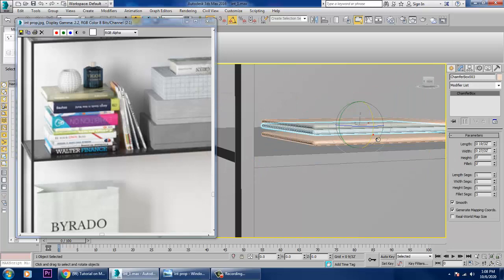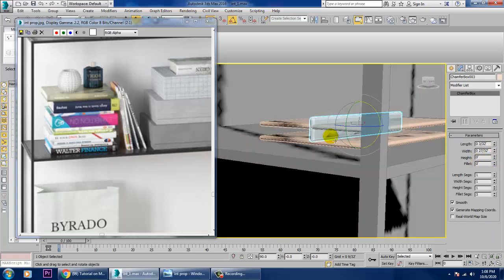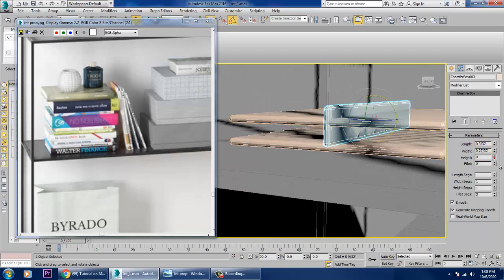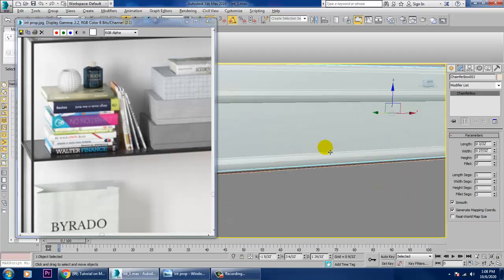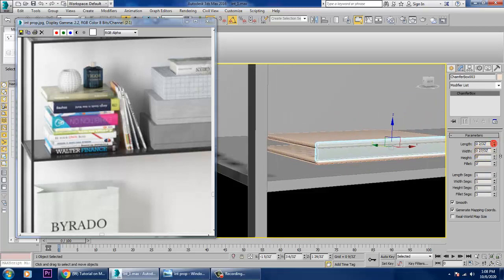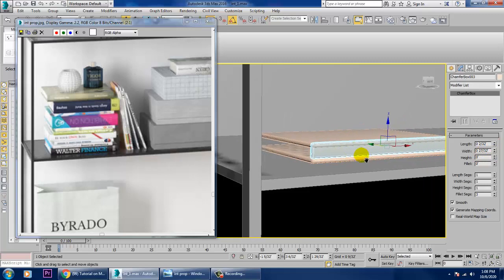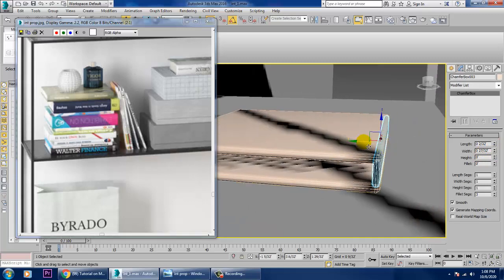Reduce its length a bit and reduce its height. Just push it down till here and reduce its length. If you want, you can push this out and increase its length.